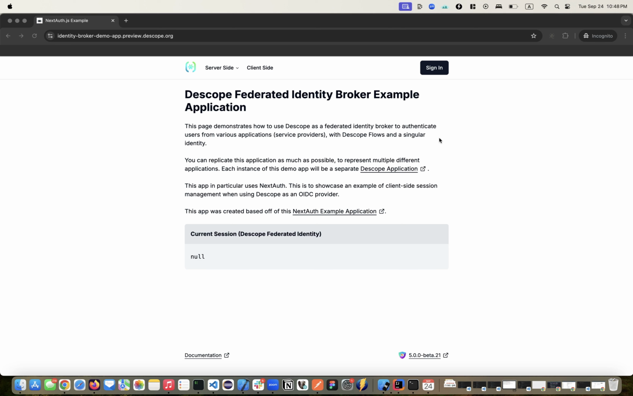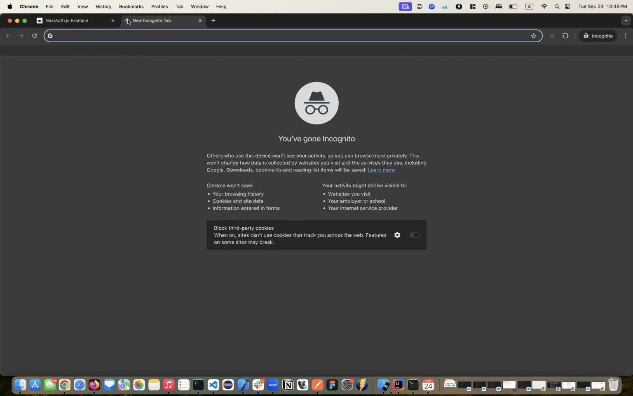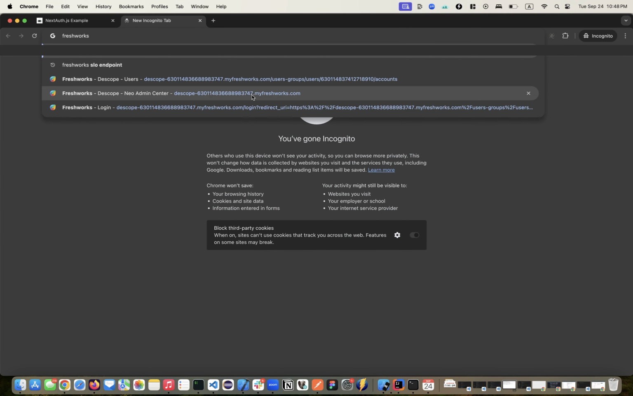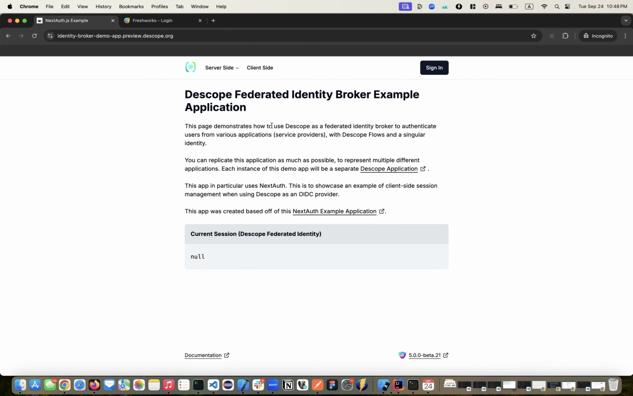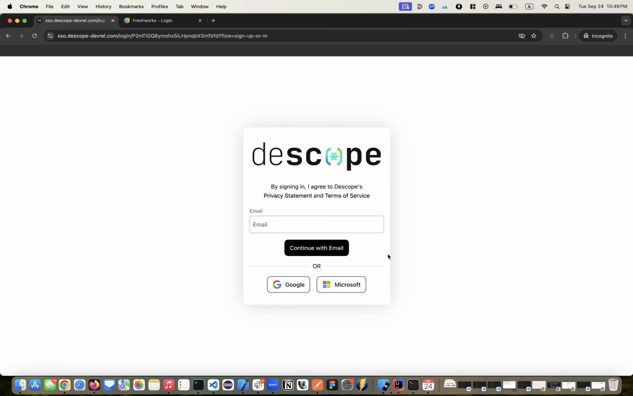So I have two separate apps here. I have an identity broker demo app, which is built in NextAuth. And then I also have a Freshworks application. This Freshworks application is configured to use Descope as a SAML provider, whereas the NextAuth one is using Descope as an OIDC provider. So if I click on sign in, you can see it takes me to my normal looking